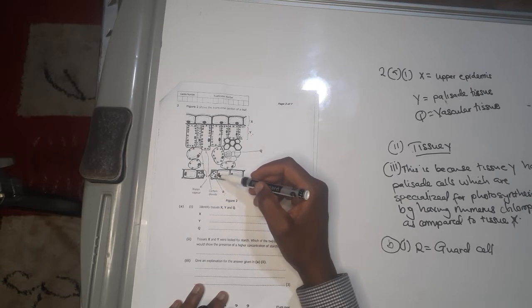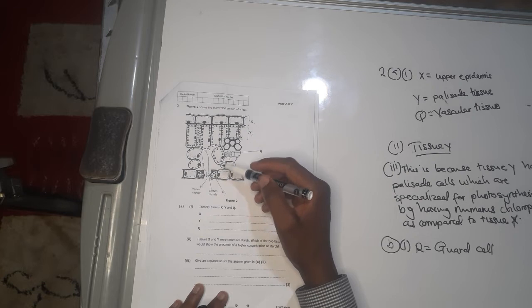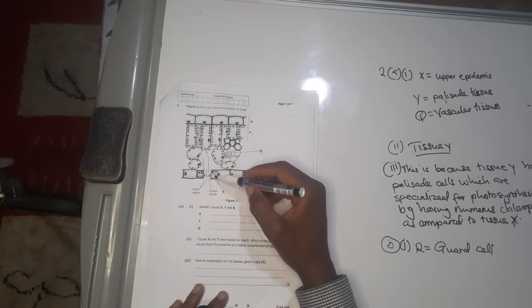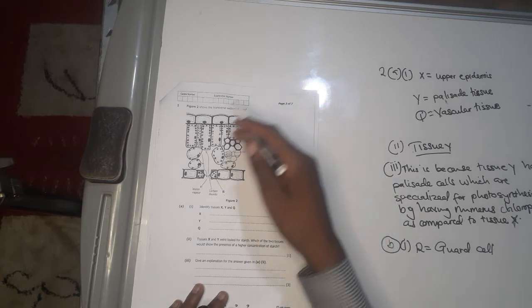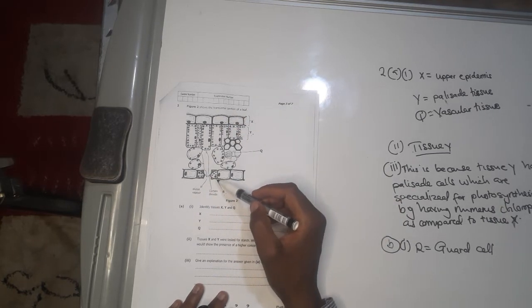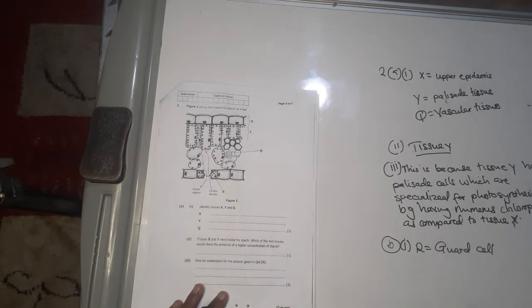So you can talk about the chloroplast or the nucleus. Remember, cell R has the nucleus which controls all cell activity. So the nucleus enables this cell to carry out its function. Apart from that, you can talk about the chloroplast. So for Roman numeral 2, the feature which is in common is that